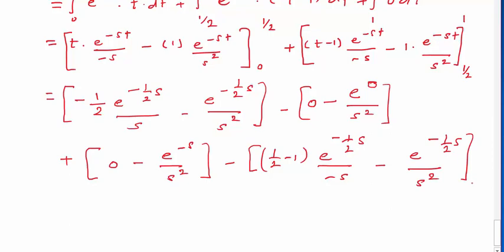The limit we have already provided, so I just close the bracket, and then this will be equal to,